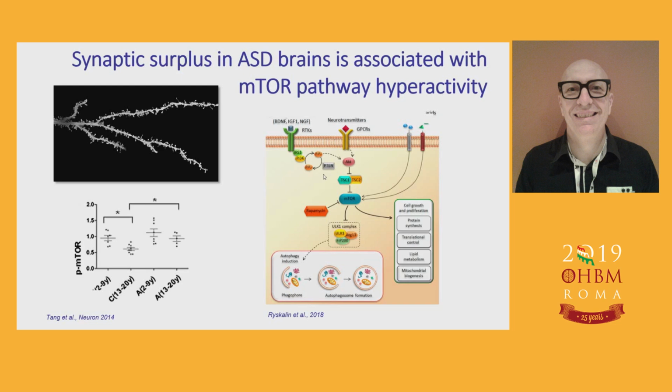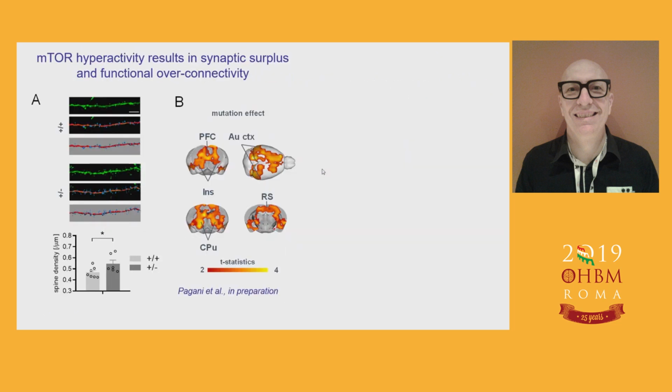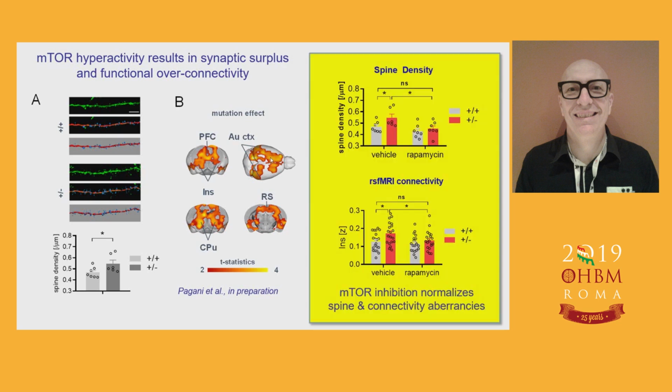So the question we ask is, okay, this is a prominent pattern in autism. Many kids have it post-mortem, right? So what is the functional connectivity signature associated with this hyperactivity of mTOR? This is something that can be modeled very easily in the mouse, so we did it. And here, first of all, we have a sanity check. We see that these mice have increased synaptic density, as you would expect. And when you look at the connectivity, we have overconnectivity, mostly in polymodal areas, striatum, and polymodal areas like insular regions. What is interesting, though, is that in the mouse, you can also normalize this mTOR activity, for example, pharmacologically.